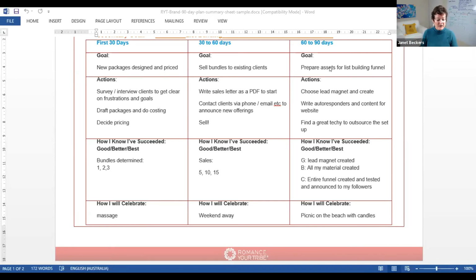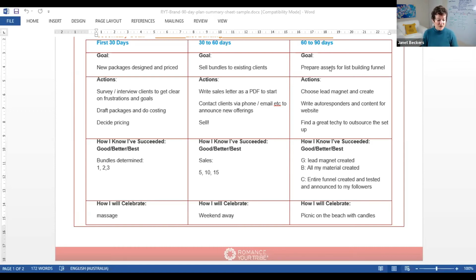And again, we weren't measuring things here on how much money she was going to make from it, because her actions do not relate to sales. So in this case, if she just got her lead magnet done by the end of that next 30-day period, she was going to be happy, because she knew that she was going to be busy servicing these past clients. Her time wasn't as available. If she got all of the material and everything ready, that was a good goal. She'd be really happy with that.